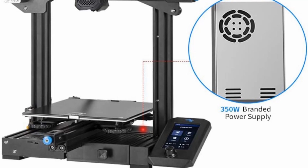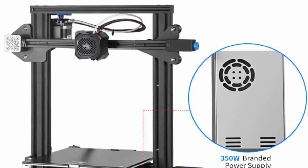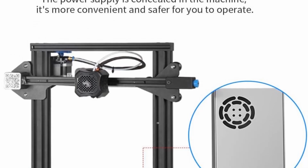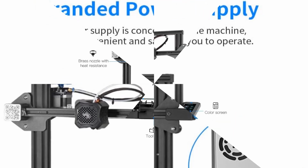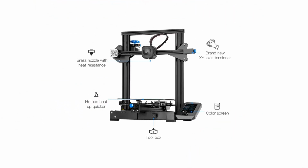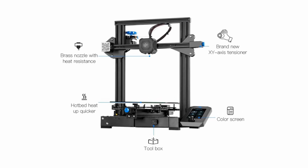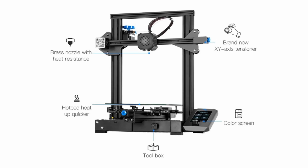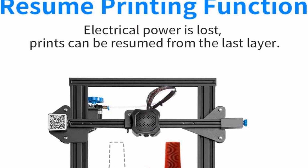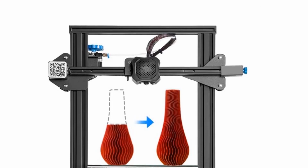Setting up the Ender 3 is a breeze, taking just around 2 hours, sparing you from the complexities of advanced engineering degrees. Follow intuitive instructions and swiftly embark on your printing odyssey, transforming your concepts into tangible reality with ease and delight. In its user-centric design, which allows for customization and upgrades tailored to your creative vision, its open-source nature fosters a collaborative atmosphere within a thriving community of makers, offering a platform for sharing, learning, and honing your 3D printing